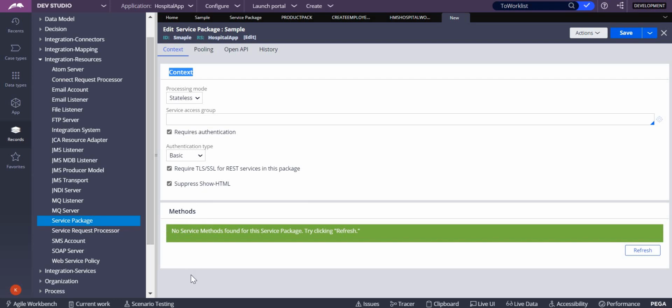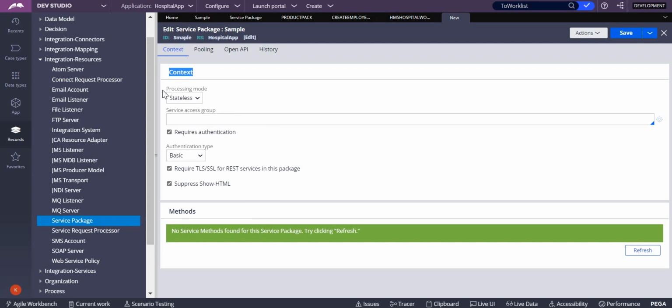This methods section and other sections will differ based upon the service rule you select. For example, if it is service REST, then a different type of method will be shown to us. If it is only service file, then it will be shown in a different way. If it is service SOAP, then it will also be shown in a different way. We will be discussing each and everything in the methods.